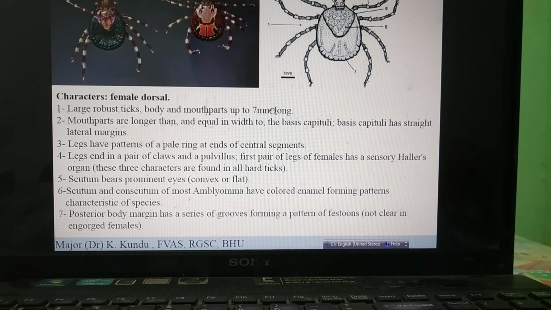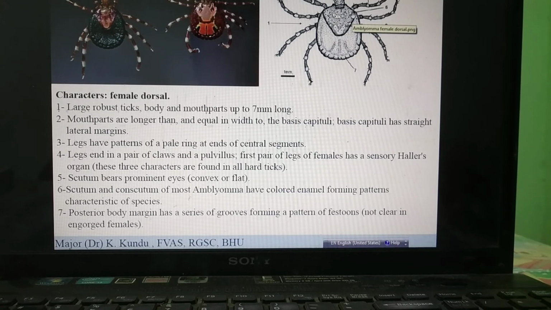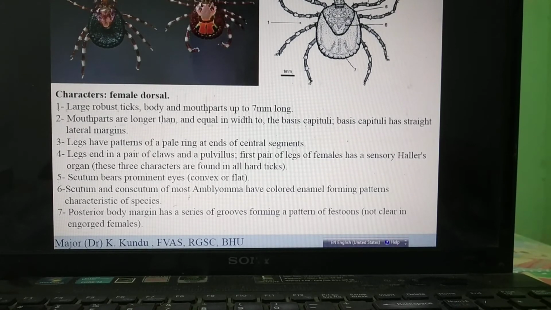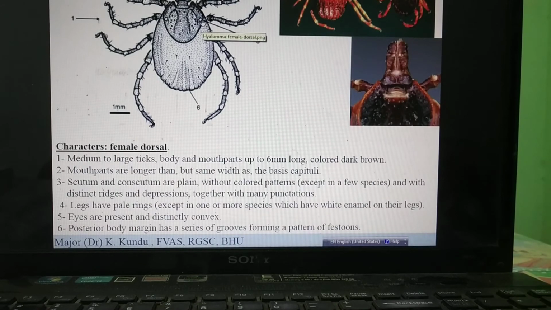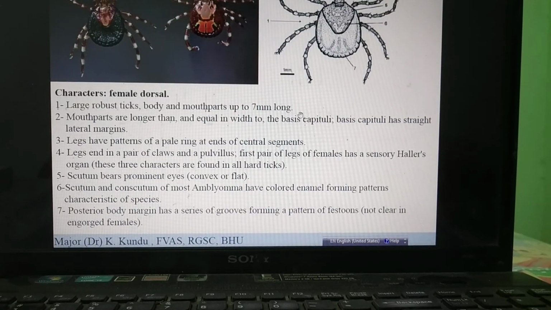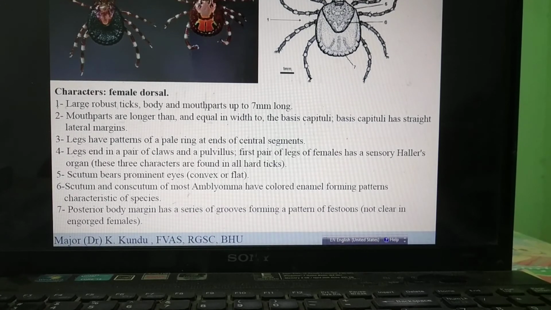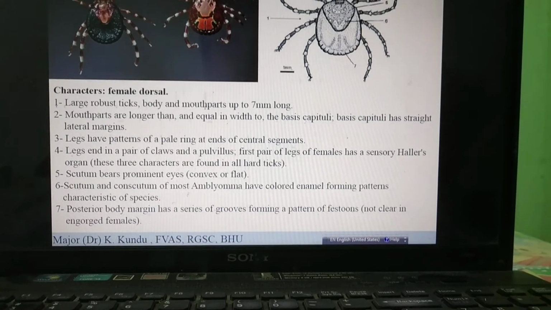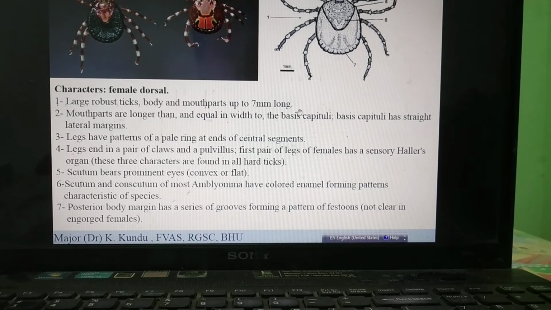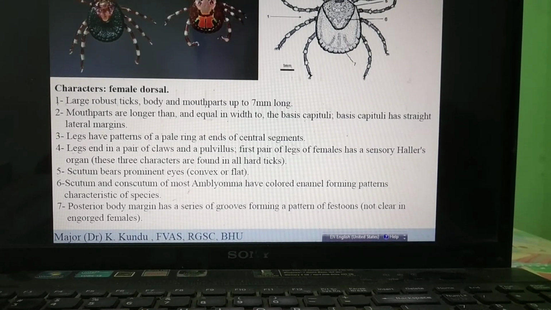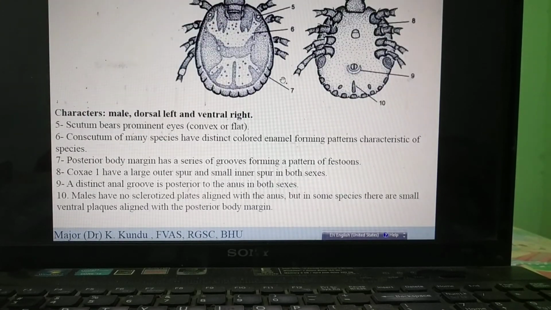They have eyes on the scutum. Okay, the eyes are present on the scutum. In case of here also, the eyes are on the scutum. Now how to differentiate then between these two ticks? How can we differentiate? These two ticks, the hyalomma, they have all the important structures, but hyalomma can be differentiated from the amblyomma based